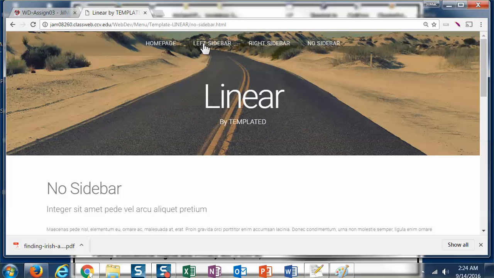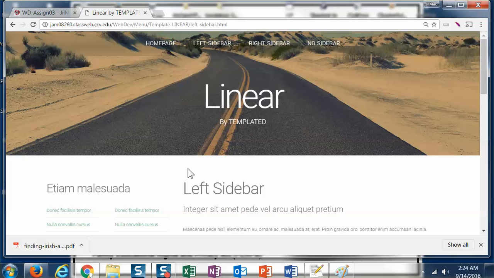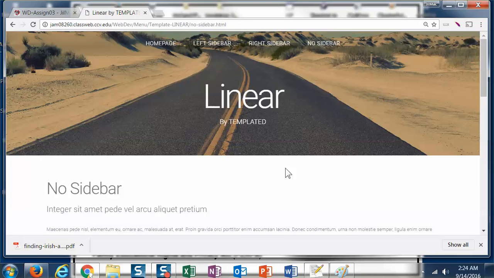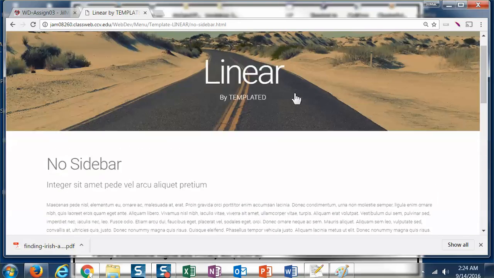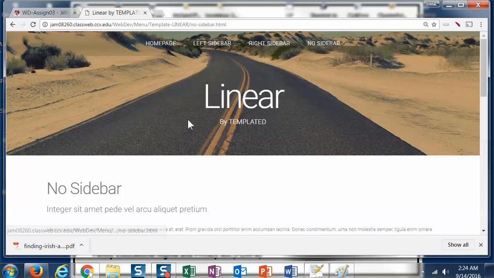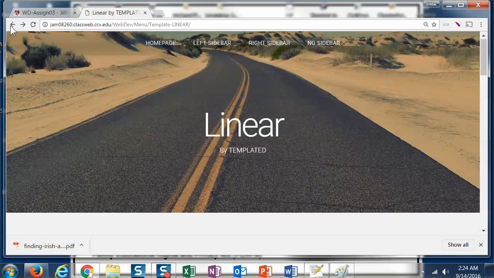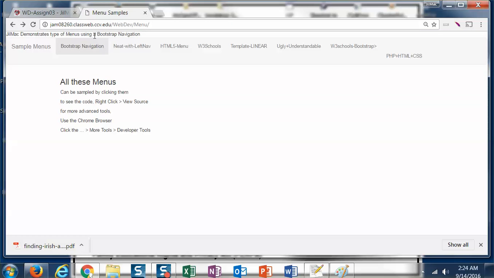A left sidebar, that gives me a left sidebar, a right sidebar. Now I have a sidebar over here. No sidebar is just scrolling and there is no sidebar. So this is a linear template, and once again you can get that code if you like the way this looks. And that was the linear